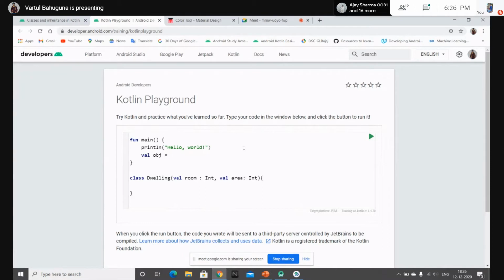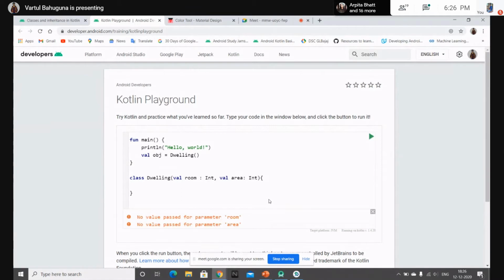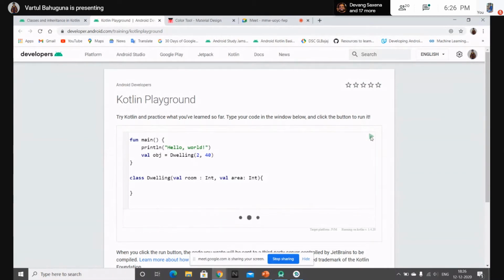So you can just write the name of the class, dwelling, and then the parentheses. But when I run this code, there will be an error: it says no value passed for the parameter room and area. So herein we have to provide some parameters. Like I say, there are two rooms and the area is 40 square feet. When I run the program, it runs without any failure.